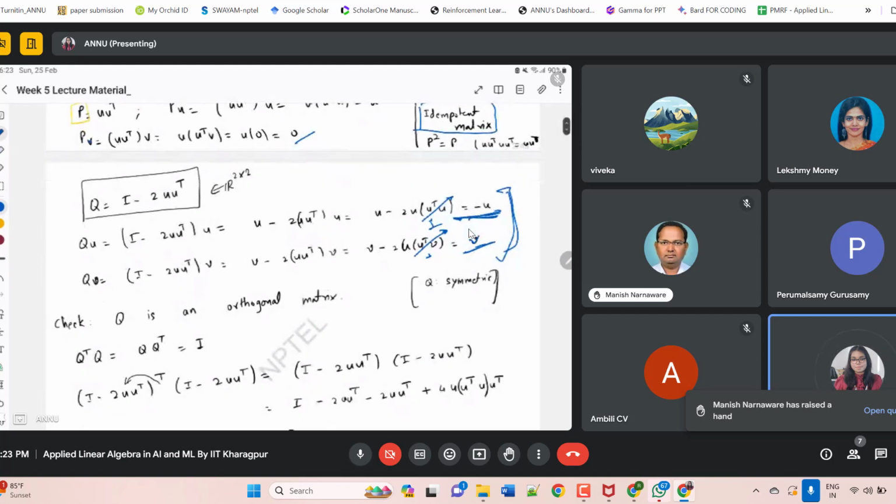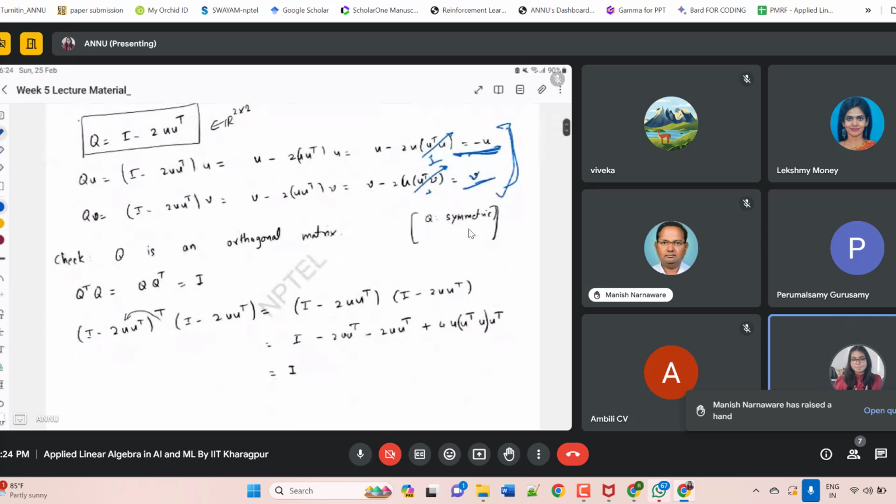That's why this particular matrix is called a reflector. I hope you understand what a reflector is. We have to understand properly what a reflector is. Suppose you have a plane, that is a subspace, a line passing through the origin. That is the V vector. Now you have a U, the set of all vectors that are perpendicular to V. So the reflector matrix representation is I minus 2UU transpose. Please remember this. That is a matrix in the plane of R 2 cross 2, because U has length 2.